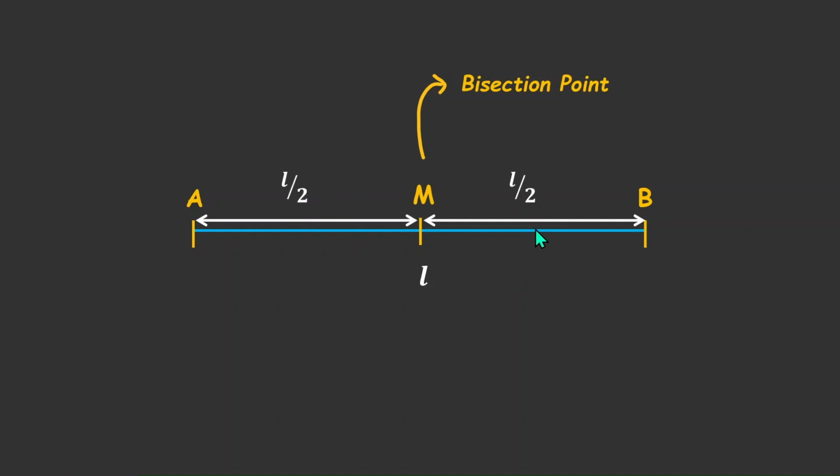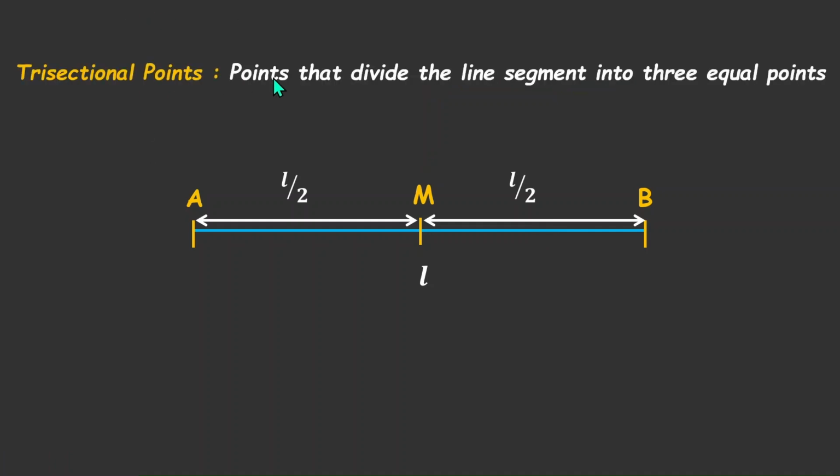Now this gives us an idea what trisectional points might be, because trisectional points are simply points that divide the line segment into three equal parts. From this it is clearly seen that one point is not enough to do that. We need at least 2 points. So let's take these 2 points and we can see now the line segment is perfectly split into three equal